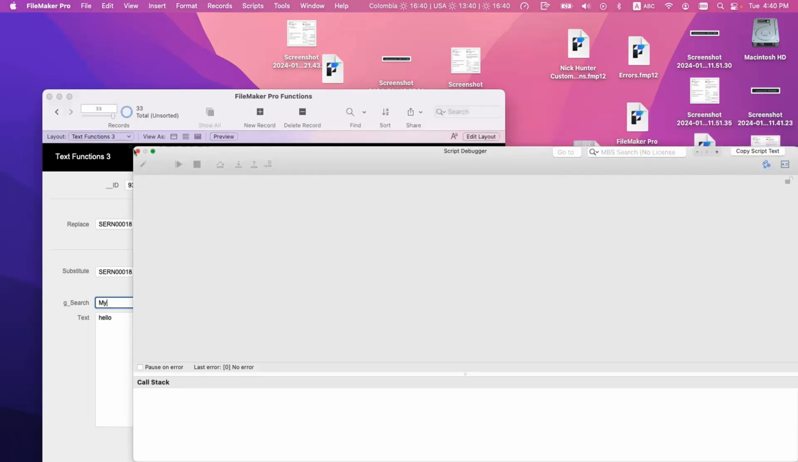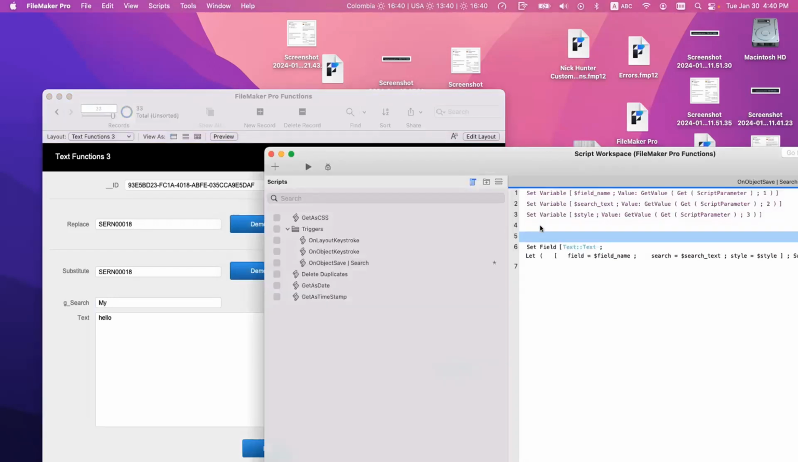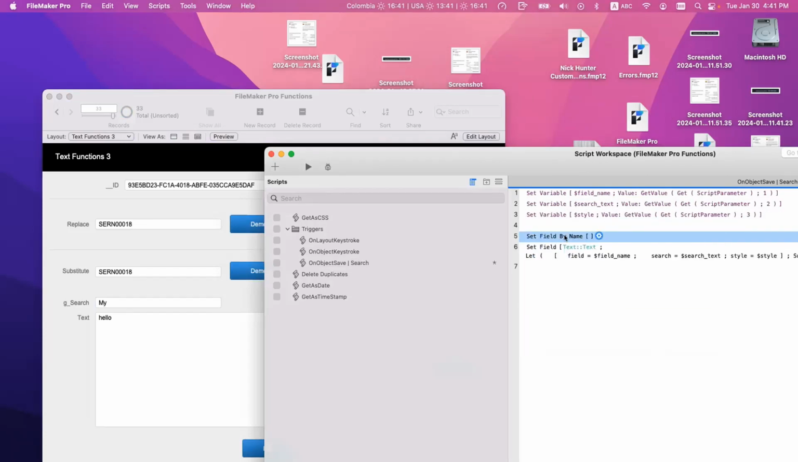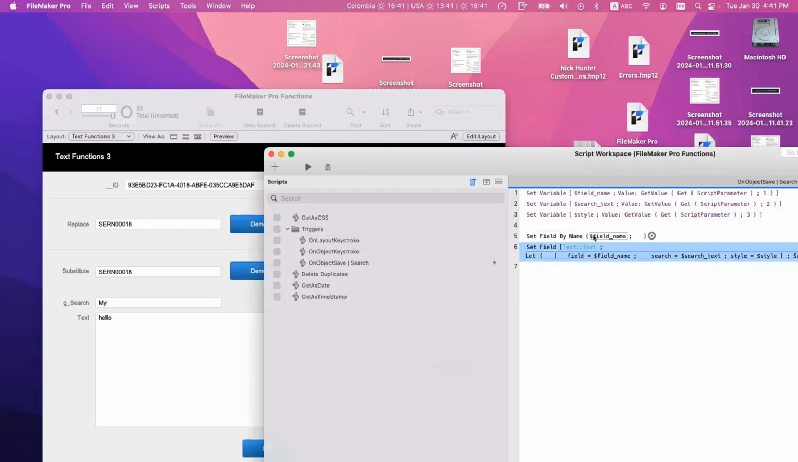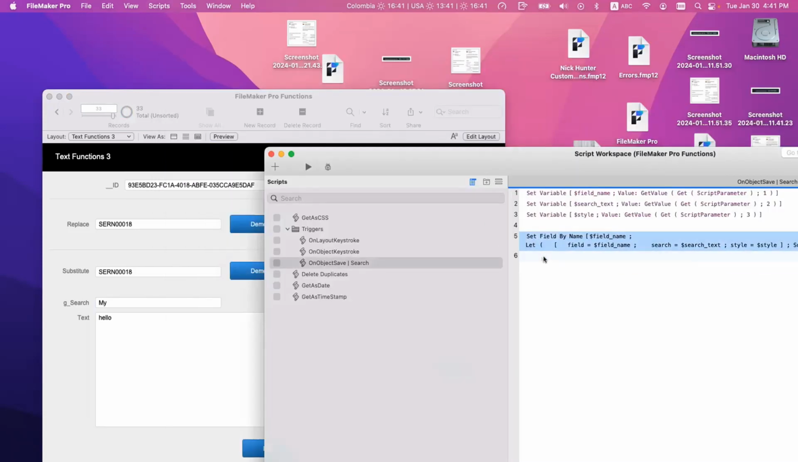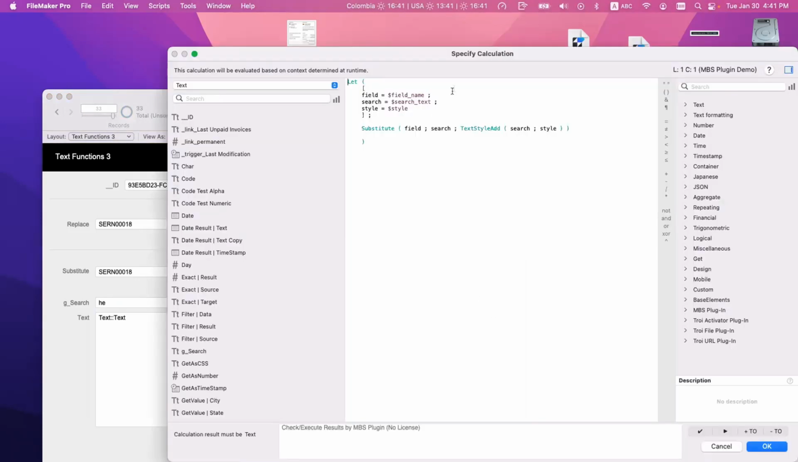Oh, yeah, I don't need this. I need a set field by name, and the field name is this. And then I'm looking at this. That's why it didn't work. You know, this name here. I think this works, but